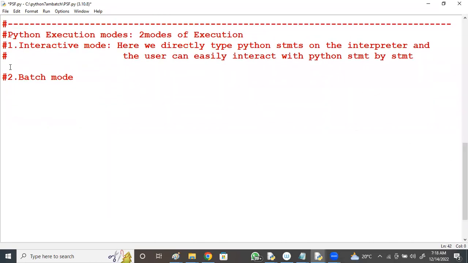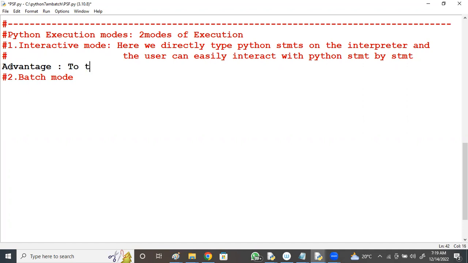What is the advantage of using this interactive mode? As a beginner, as a learner, this interactive mode works better. You can type in, check each and every functionality of Python and check what result it is going to provide.